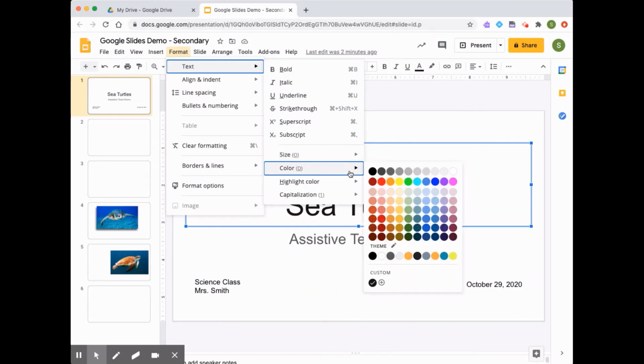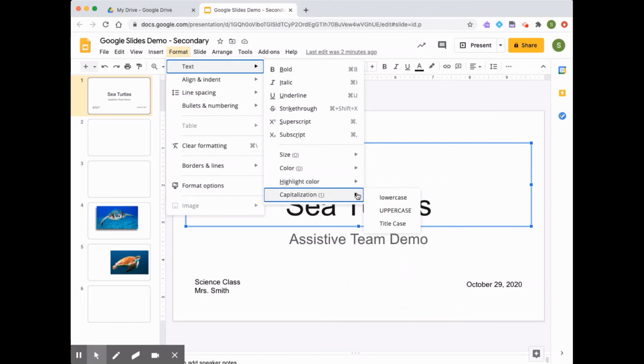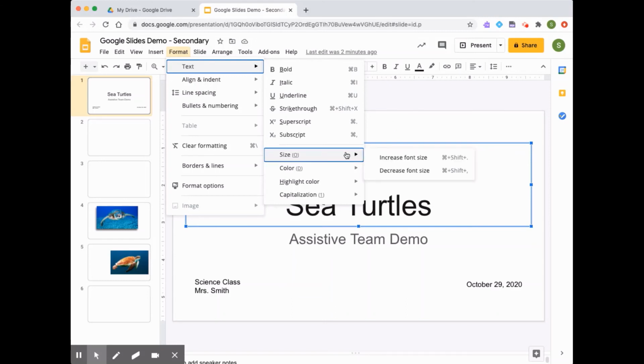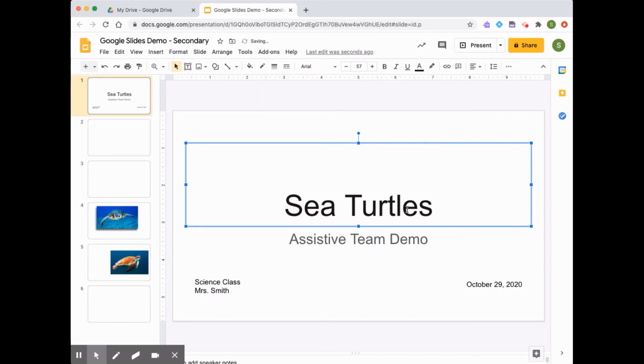I can change the color. I can highlight my text, and I can also capitalize everything. So I can make everything lowercase, everything uppercase, or I can use the title case, meaning that it will make the first letter of each word uppercase and the rest lowercase. So you can see from this menu, there's a lot of different options. So if we were to, for example, increase the size of this font, you'll see the Sea Turtles font had